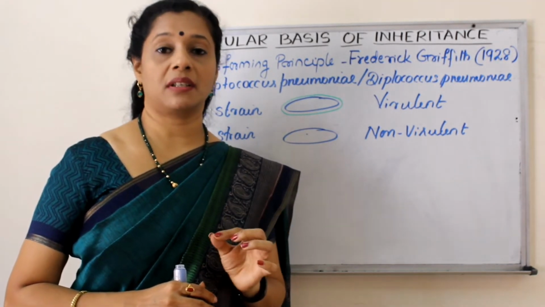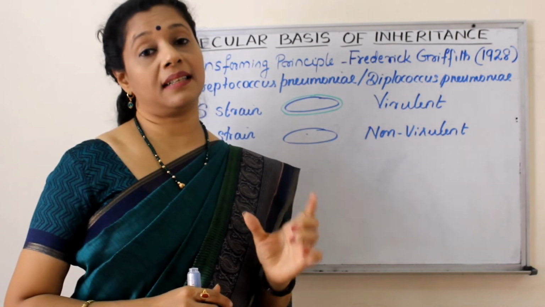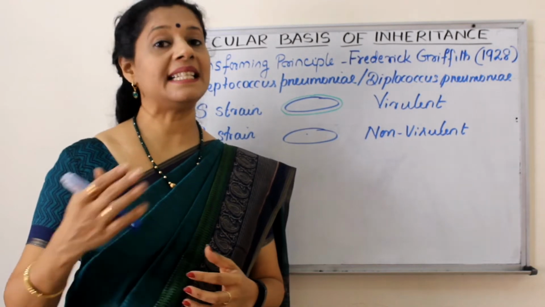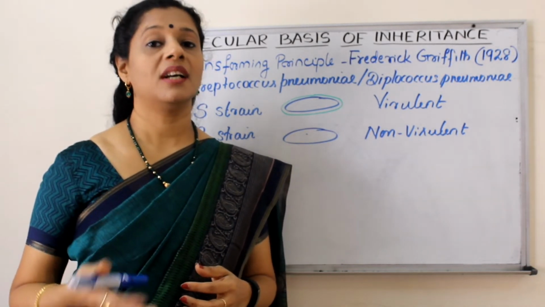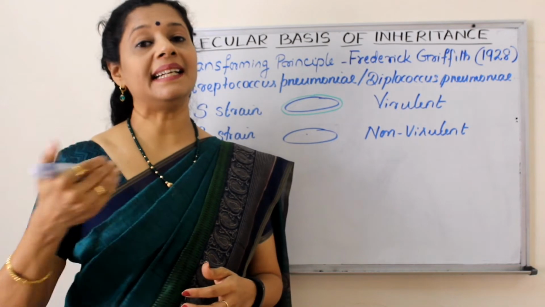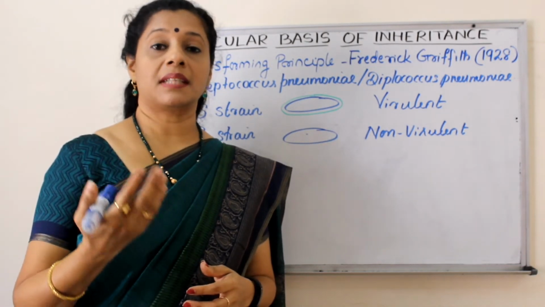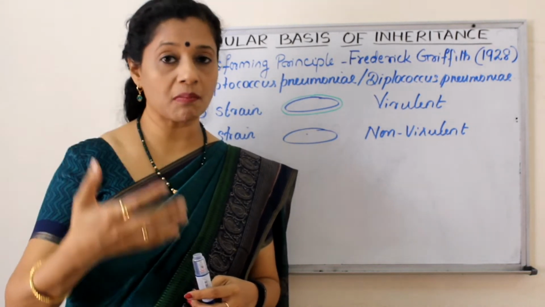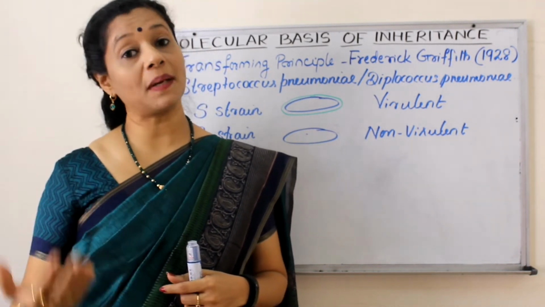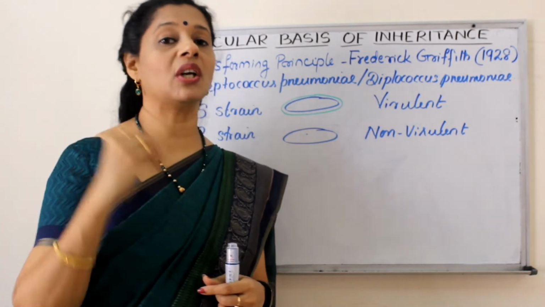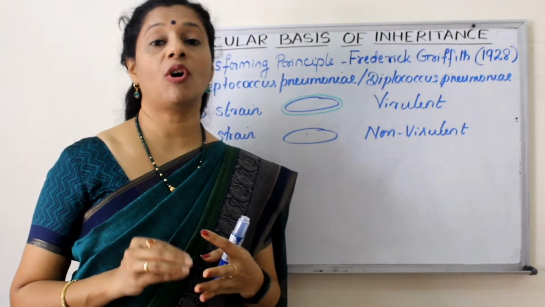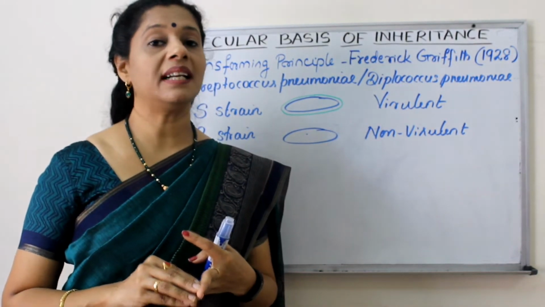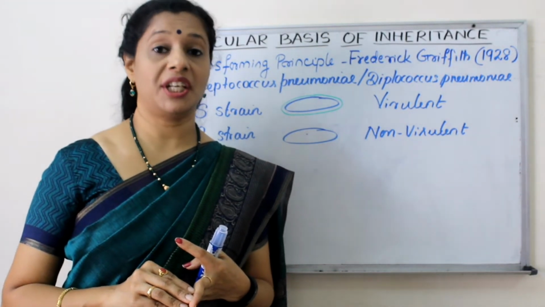1869, Frederick Miescher identified an acidic substance in the nucleus and he named it as nuclein. Then 1889, Altman called it as nucleoid. Then by 1900, Sutton and Boveri proposed a chromosomal theory of inheritance. Microscopy was developing, so chromosomes became visible. And by 1926, the study became more in the molecular level. DNA, protein or RNA, all these three molecules are present within the nucleus. So still it had to be confirmed that DNA is the genetic material.